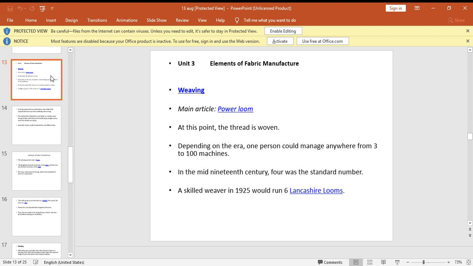So generally the fabric is also called weaving. Weaving's main article is the power loom. At this point the thread is woven. Depending on the era,